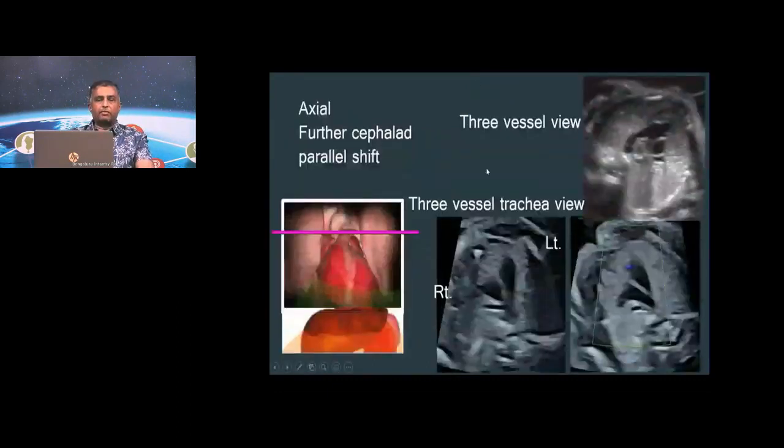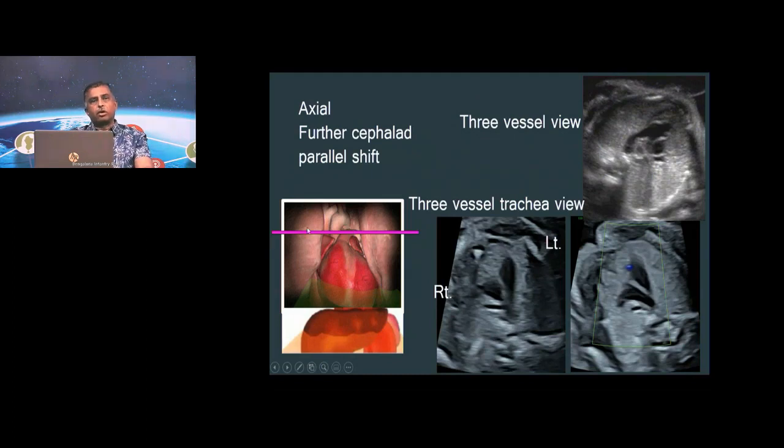Now you come back. Once you have finished your RVOT and LVOT, you get back to your 4-chamber view. You know how to do it. You derotate. You had gone clockwise, you go anti-clockwise, get your axial view, recover your 4-chamber view, and then from this level, you do another translatory shift upwards. Just like you moved from the upper abdomen into the thorax by a translatory shift, another translatory shift above,